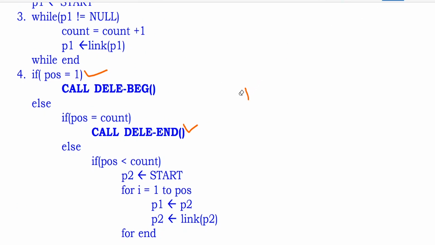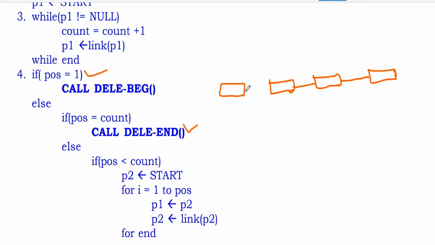I'll take 4 nodes. This is the first node, this is the second node, this is the third node, and this is the fourth node. The last one will have null. Let me take values 100, 200, something like this.